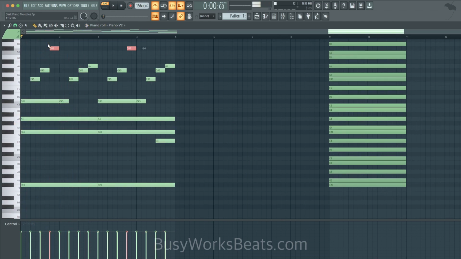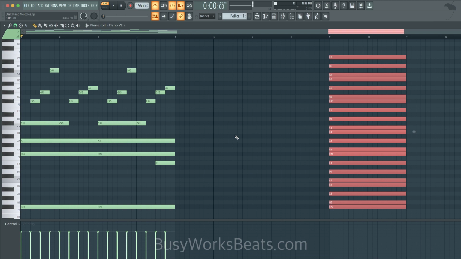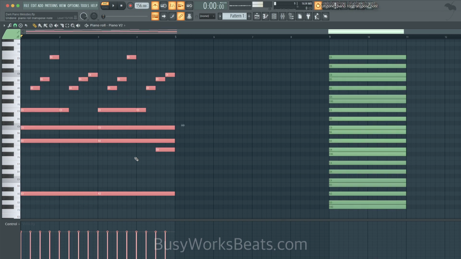Okay, so this note is not in this scale. Oh, you know what? My bad. I forgot. Since we transposed all these notes, I have to make sure they are actually in our scale. So I'm glad I did that, because that might be something you do. You can't just pull down the chords and be like, okay, we're good now. That was an accidental. I just overlooked the fact that we would be changing the entire key that way.